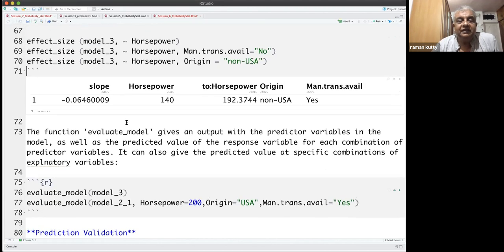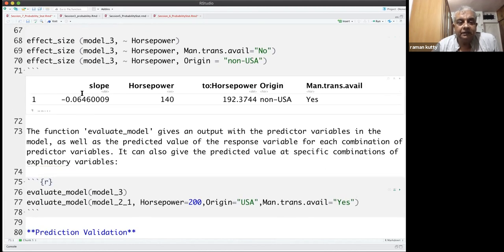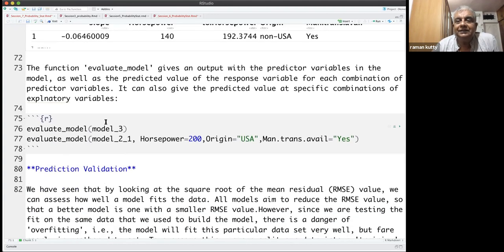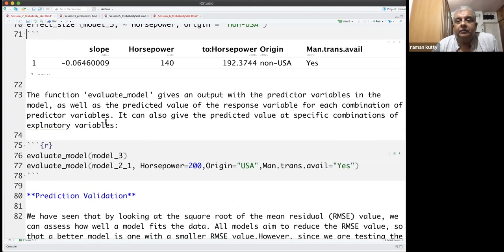So this is effect size, the command effect size. And there is another command called evaluate model. Evaluate model is just like your tidy command, the broom command, which we have learned earlier. It produces a data frame out of the output of your model.